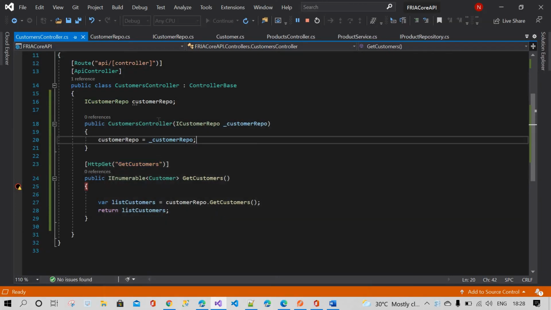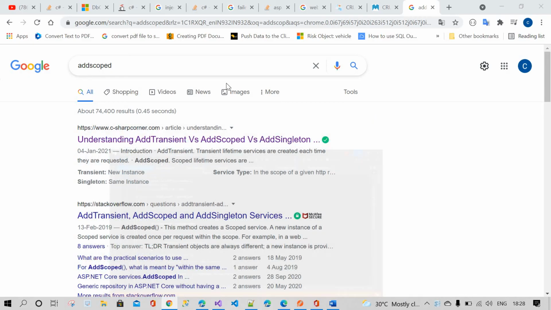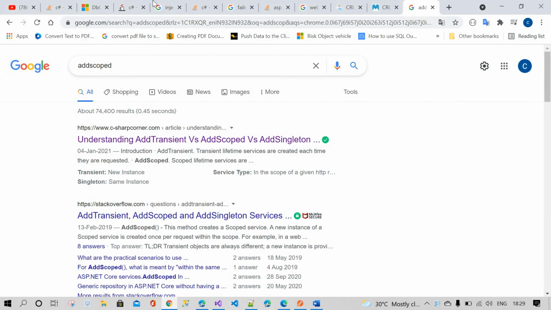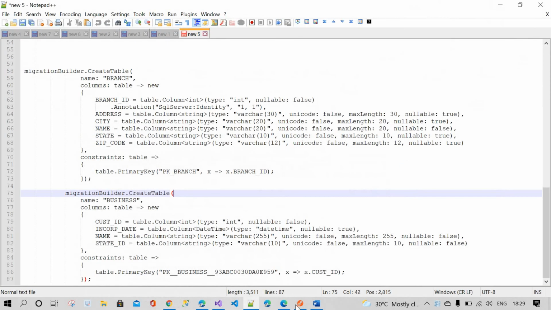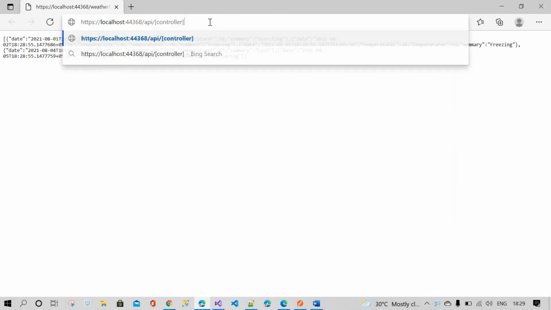Let it load. First of all, I will copy this. Where is our data? What happened? Okay, this is our window. Control V, slash, actually the controller name we have to give here.